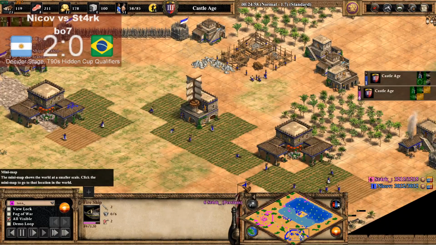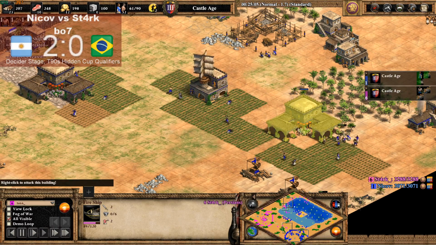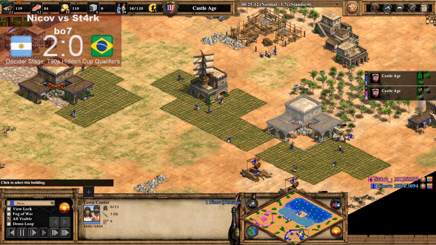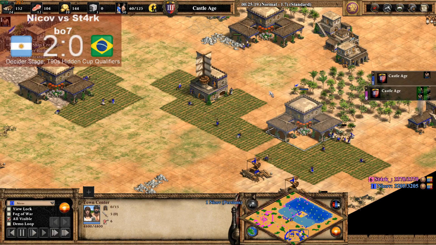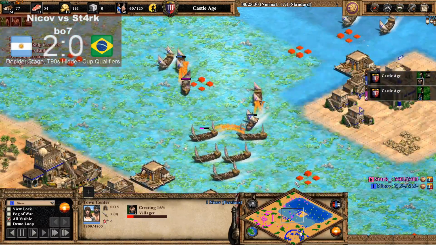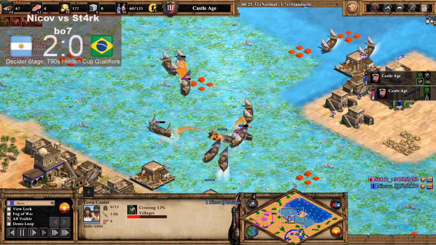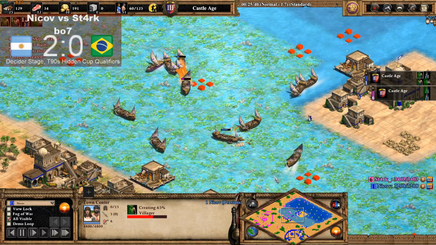Horse Collar coming down for Nicov. He went for a second town center before Horse Collar. It's also something interesting. I don't think it's a bad thing because, of course, you're missing out on some food on your farms and wood later on to replenish those farms. But those extra villagers you're producing earlier on by delaying the Horse Collar are helping you to compensate for those